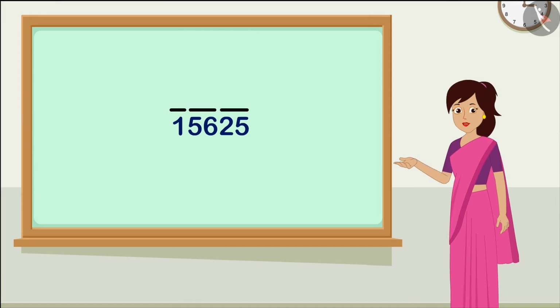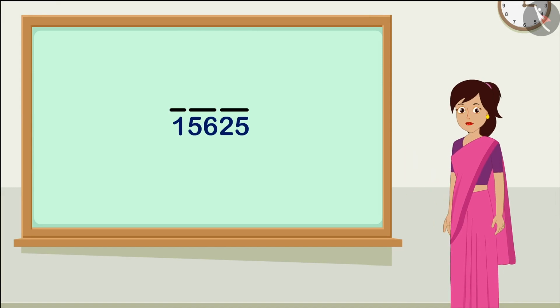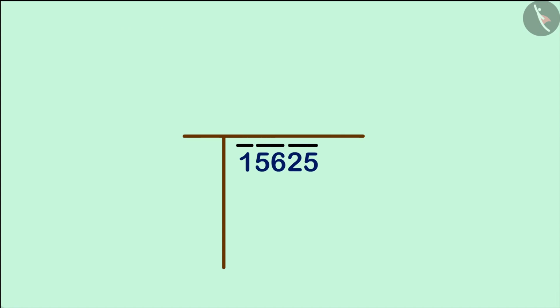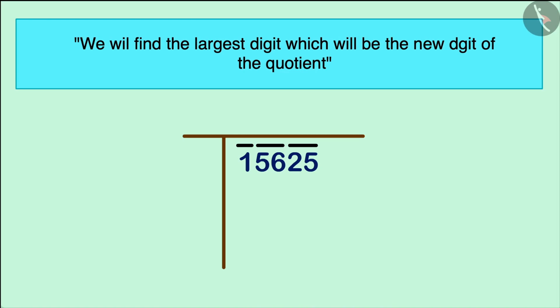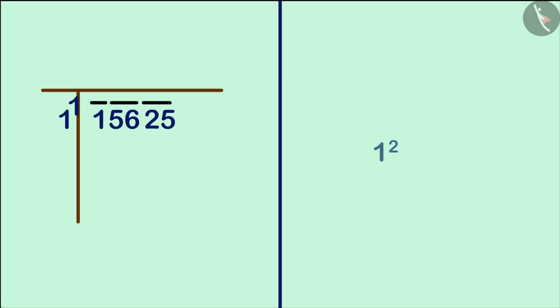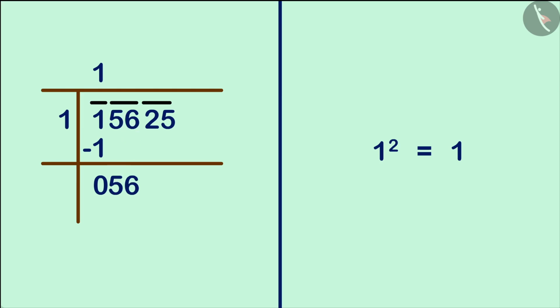Now all the students, after doing the first step correctly, start to find the square root of the given number by the division method. This number has 5 digits and is paired 3 times, so it will have 3 digits in its square root. If the number below the first bar is 1, we will take the first number because the square of 1 is the same and is equal to the number below the bar. Now we will write the number 56 below.